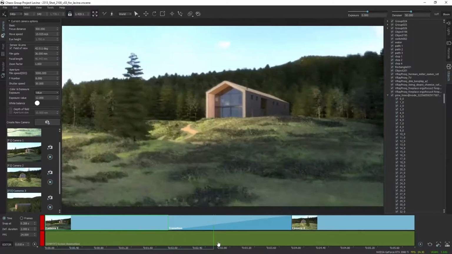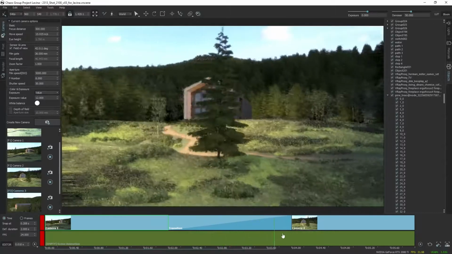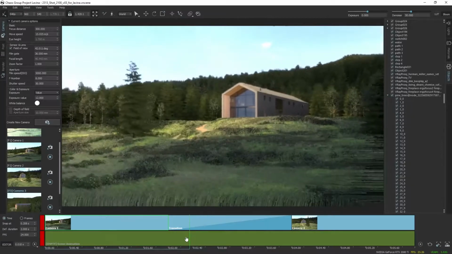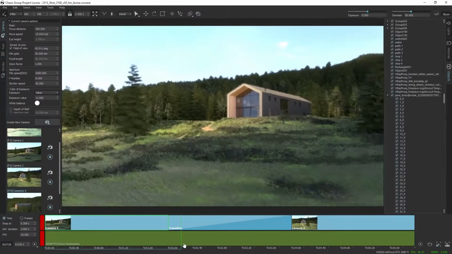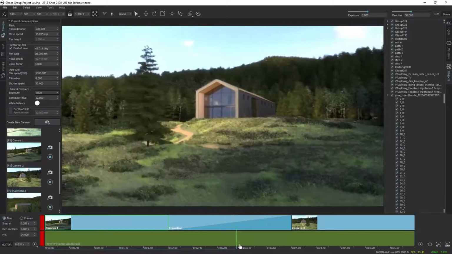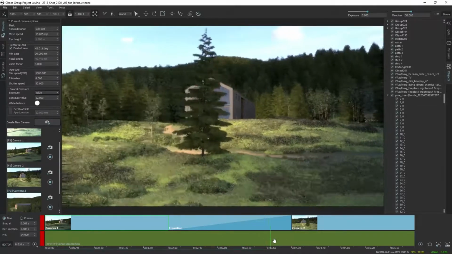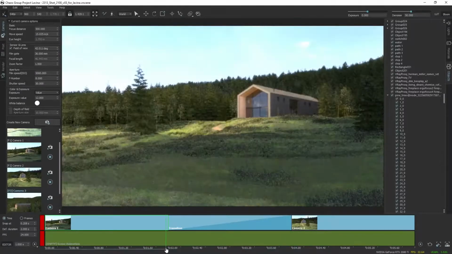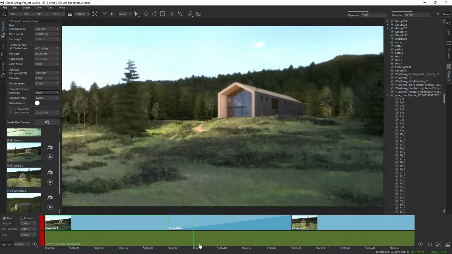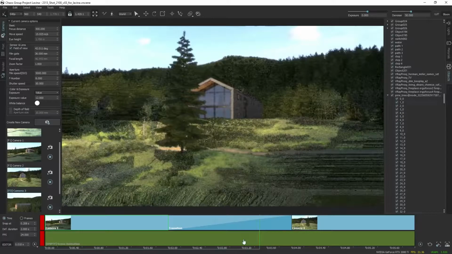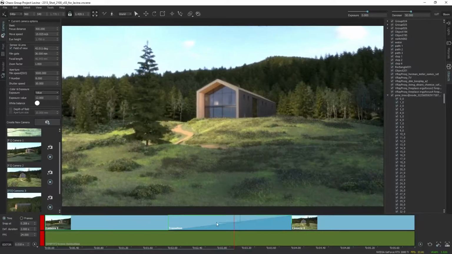I'm just going to scrub it really slow so that you can see the type of the animation. I'm doing this because this is currently a linear animation, and it's going to start somewhat abruptly from one camera and stop somewhat abruptly. In other words, there is no easing. So if I want to apply easing, I can right click on the transition, and I have several options here